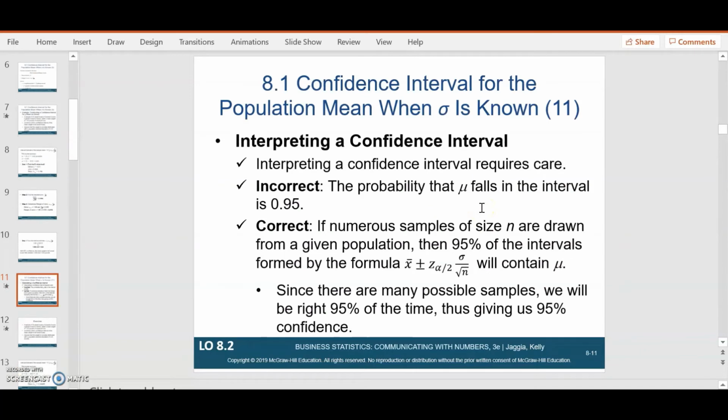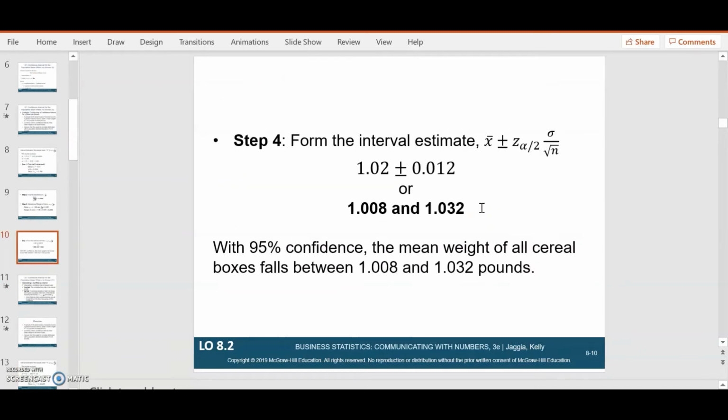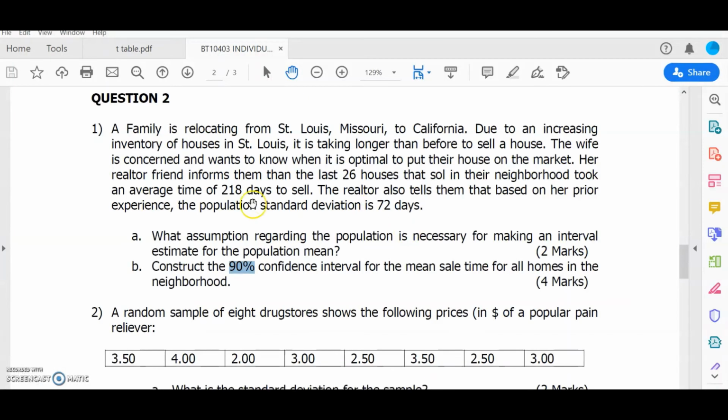So that is how we construct the confidence interval for population mean. And by knowing how to construct the confidence interval for population mean, I believe you are good to go in